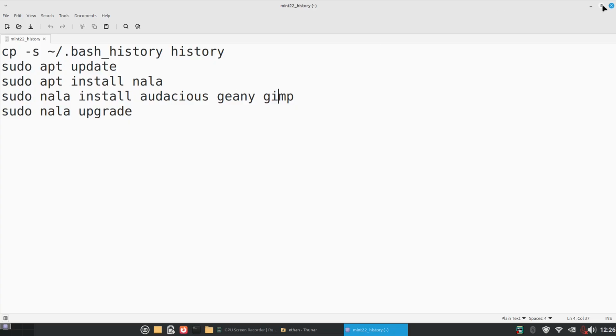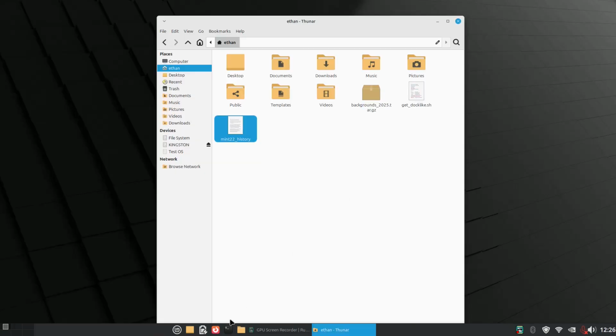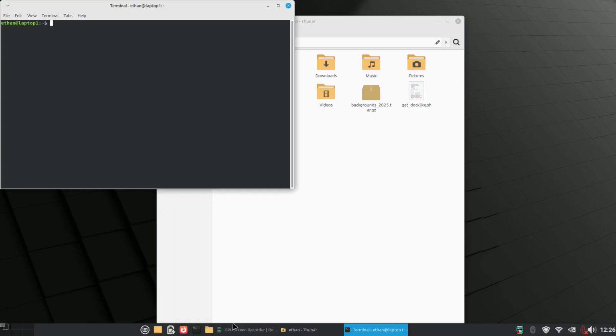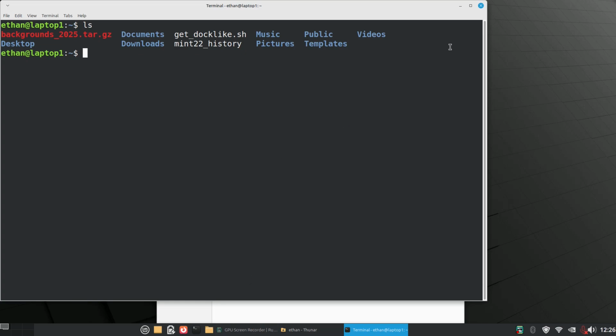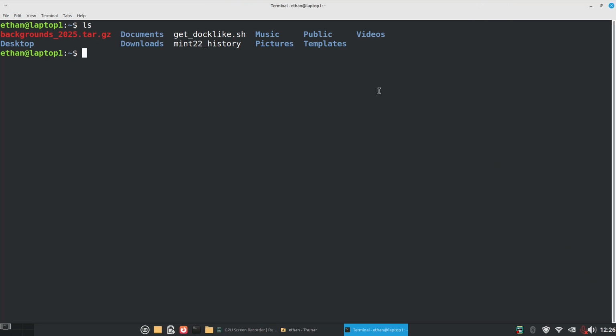So we're going to run that in the terminal. So I'm going to open the terminal right now. We'll enlarge it again for you. And we'll do an ls command. And we're going to run this first. So I run it using the bash command. So bash mint